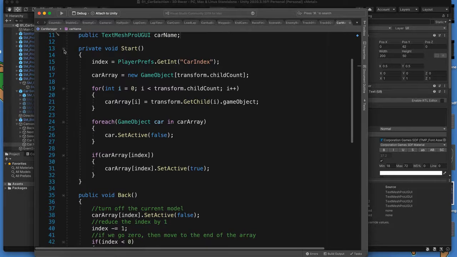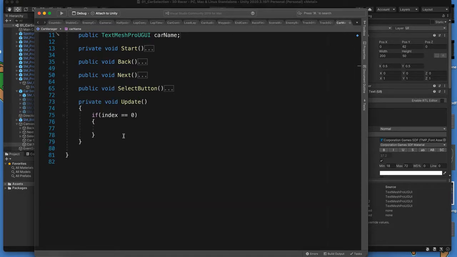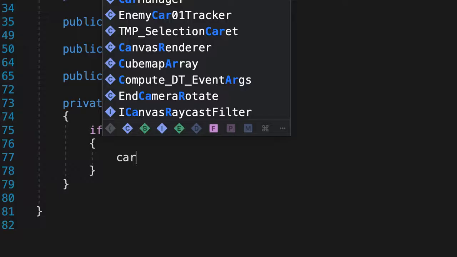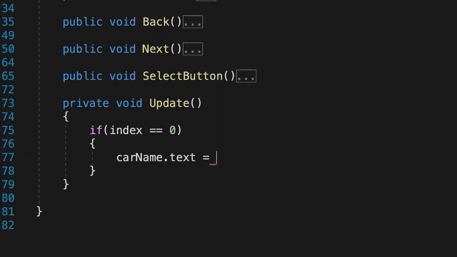So going back down here to my update, if index value is 0, then carName.text should be equal to open argument, open string,